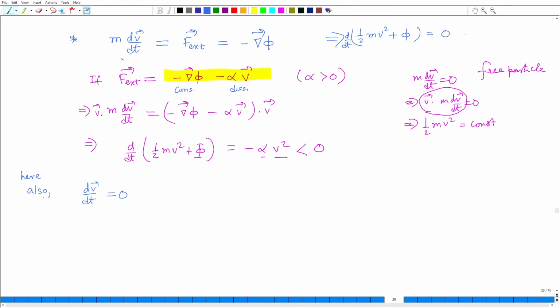Here also dv/dt is equal to 0 if minus gradient of phi is equal to alpha v. So, this is a possible case, but is this the case exactly like the free particle? Of course not, because now its total energy, which was constant, half mv square plus phi, is no longer constant. So, the very important message of this is that